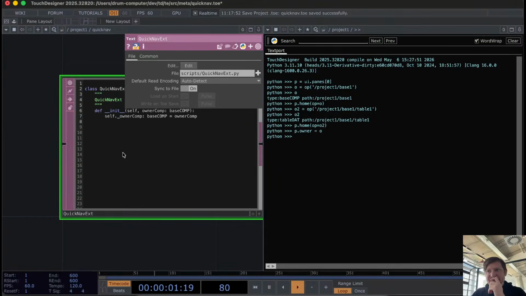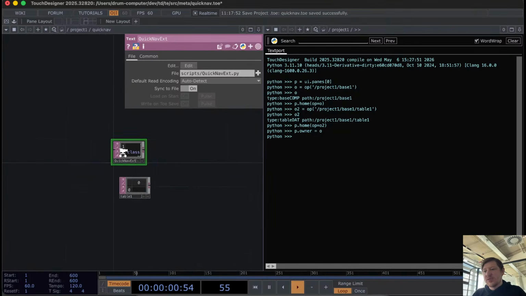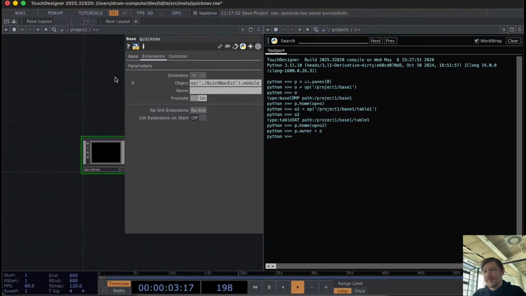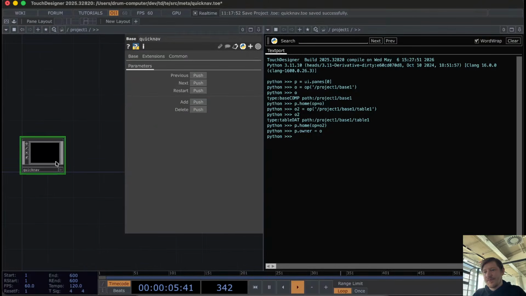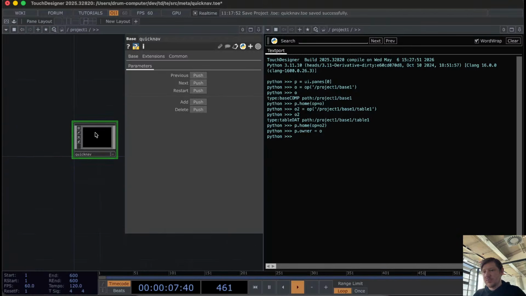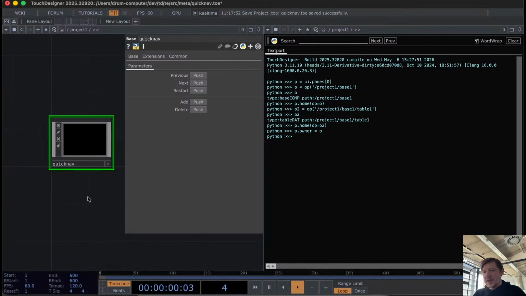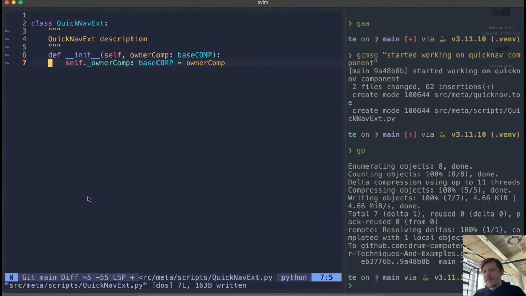So now, let's see. What I want to do, I want to be able to select a node and click add. And at this point, it will add it to the list of the nodes that we are able to choose from. So we would say that here we would have